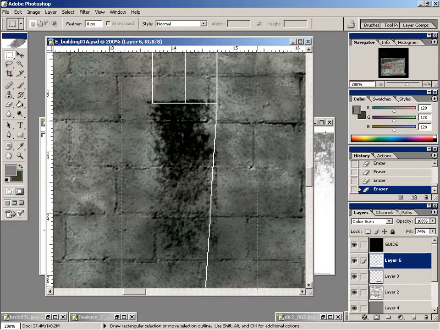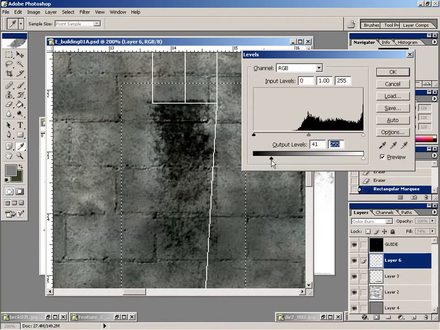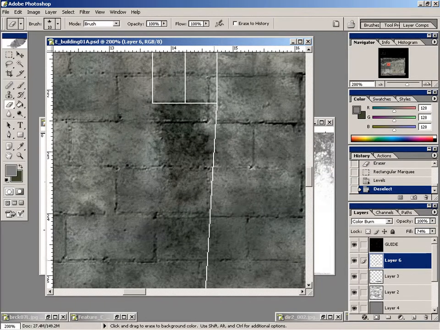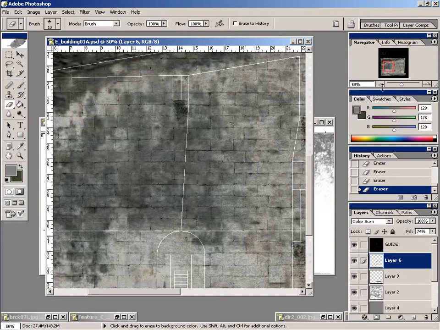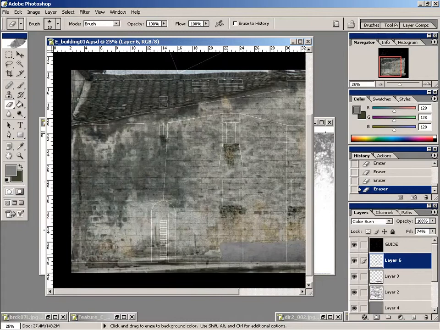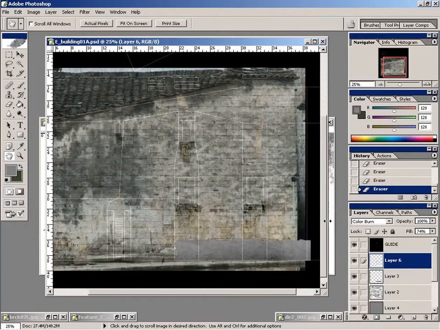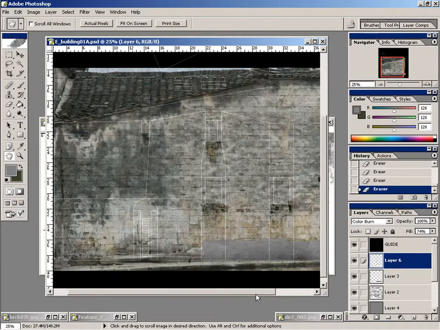this one's a little bit too strong, so I'm going to just adjust the levels on this guy. Let's try something more like that. And let's get rid of this edge. Maybe too much down here. And we'll keep messing with that, but let's see what this actually looks like in our scene. So we can say